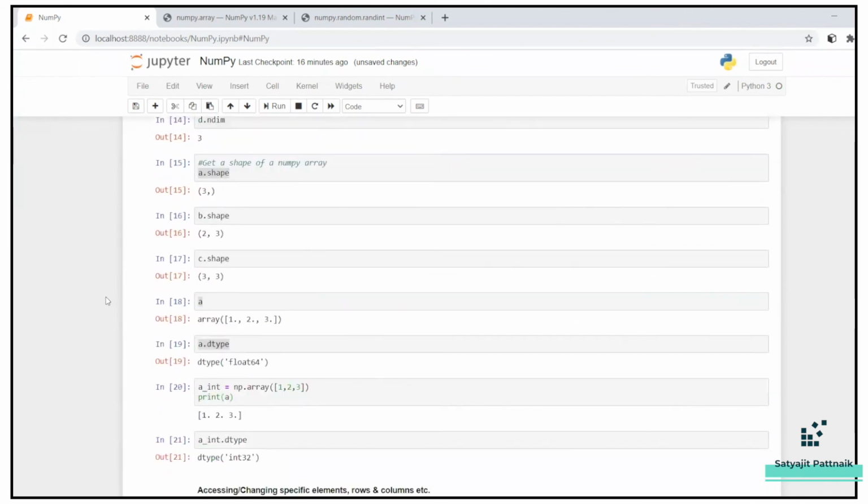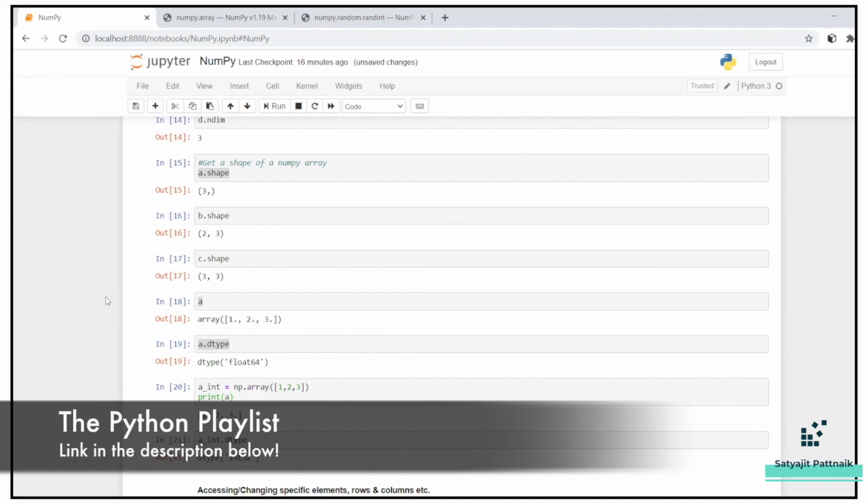Obviously, once we clear out pandas and matplotlib, there will be some extra classes as well. After we have gone through the basic classes, I will definitely be releasing some of the advanced classes on data visualizations and how to do exploratory data analysis and all those things, where we will be using NumPy arrays and pandas libraries very vastly. Okay, so stay tuned. For the time being, we are winding up the class here itself. Next class will be on